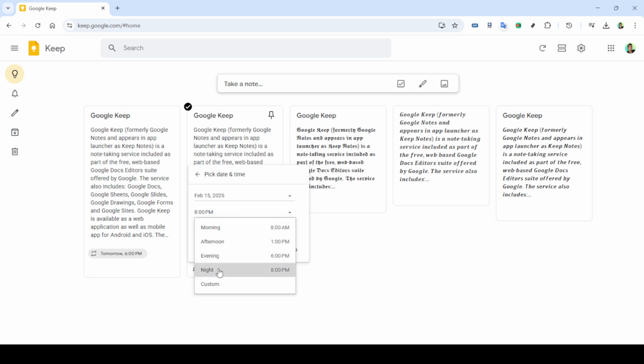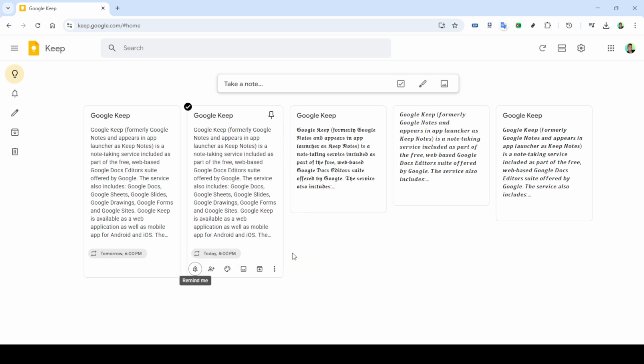Once you've decided when you'd like to be reminded, the final step is to click on the Save button. This will secure your settings and ensure that Google Keep knows exactly when to alert you. And that's it, you've successfully set a reminder in Google Keep. This simple tool can make a significant difference